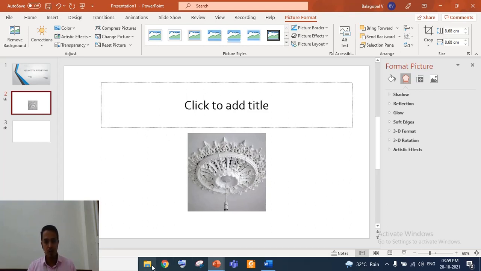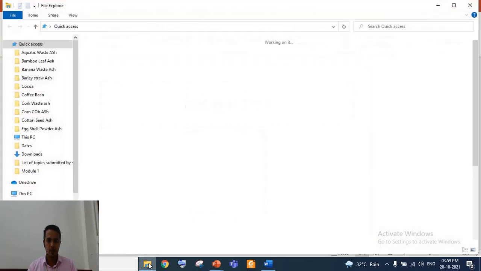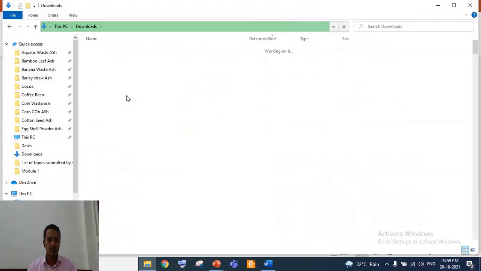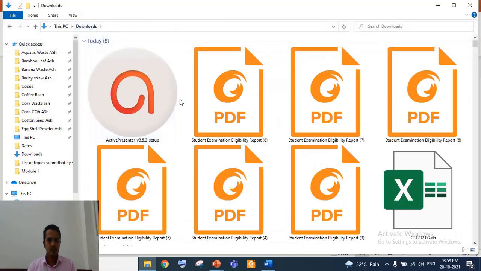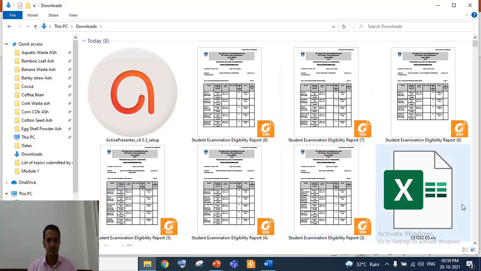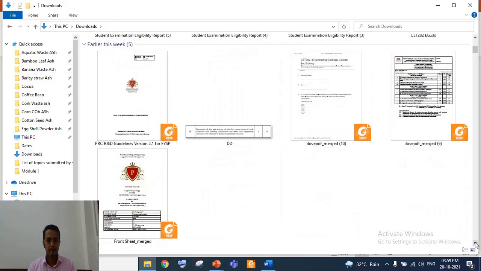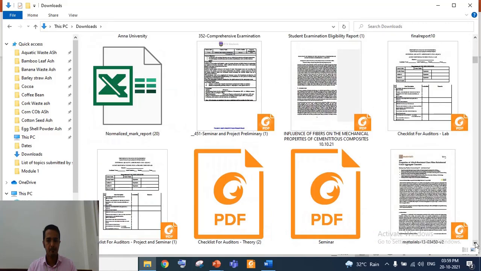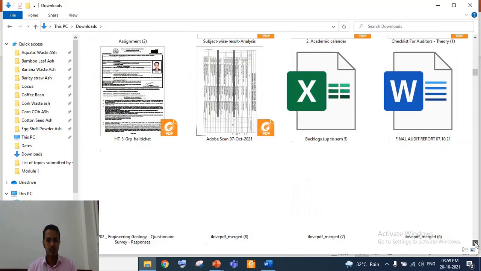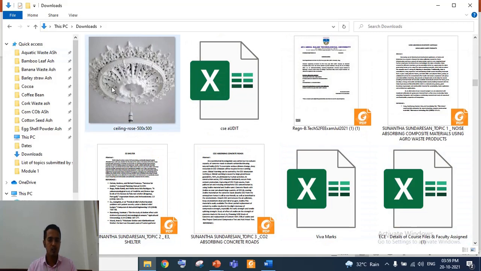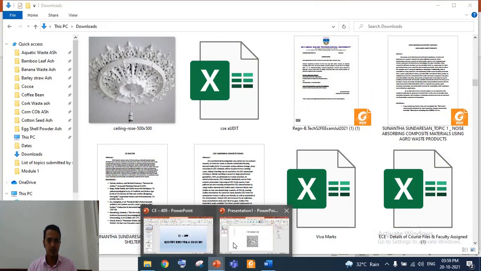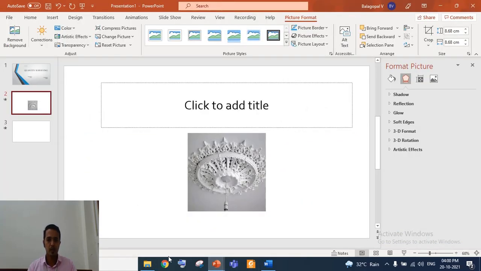Else, there is one more option. I'll just show. You can just copy. If you want to copy a picture from your folder, that is also possible.